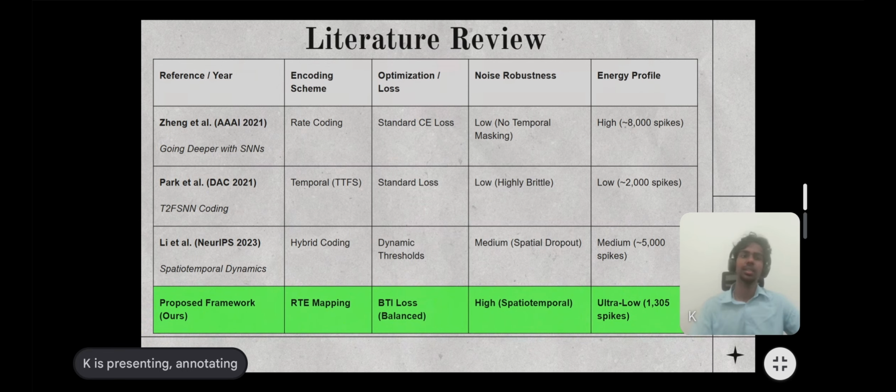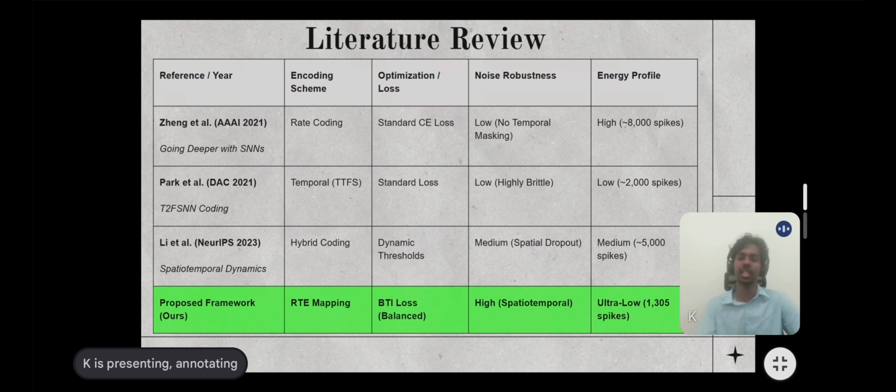First off, what exactly are we doing in this? This is a summary of the literature that has been worked on previously. As you can see, some papers in prestigious conferences like NeurIPS and AAAI have been worked on. The first paper, by Zhang et al., worked on high accuracy and produced significant results, but did not take care of the energy profile and how many spikes there are. The next one took care of the energy, but did not check the balance of accuracy. And the NeurIPS paper by Lee et al. took care of both, but did not give a balanced result for both metrics.